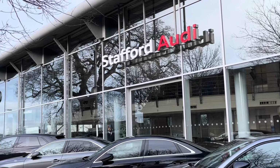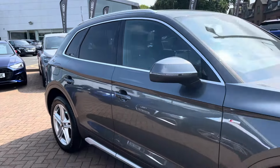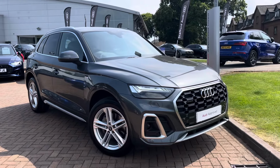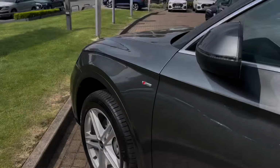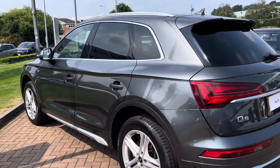We have recently had this approved used vehicle come in stock here at the dealership. This is the Audi Q5 S-Line with the 40 TDI engine and the Quattro S-Tronic automatic 4-wheel drive transmission. This particular model is finished in the stunning Daytona grey pearlescent paintwork and looks super sporty and stylish from every angle. From the 2-litre diesel engine you get 201 brake horsepower with 400 Nm of torque,